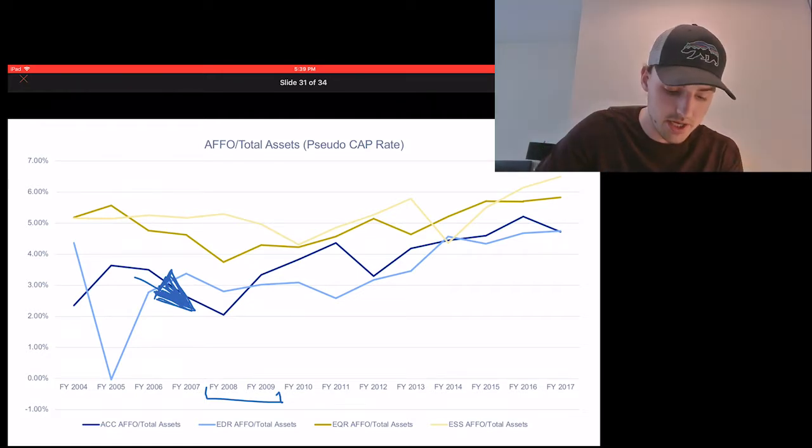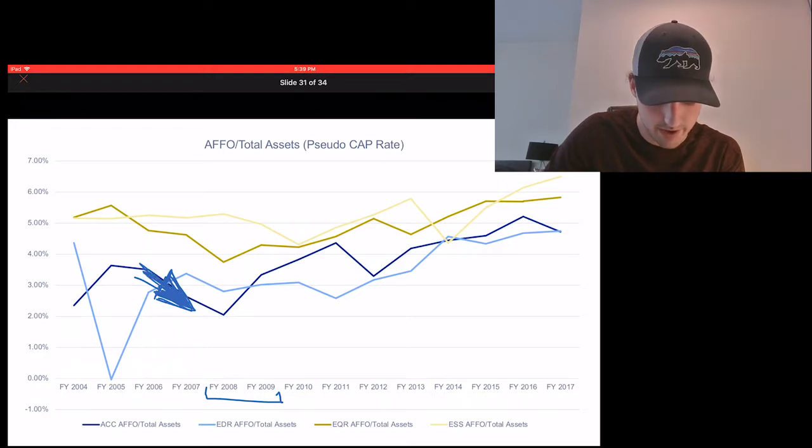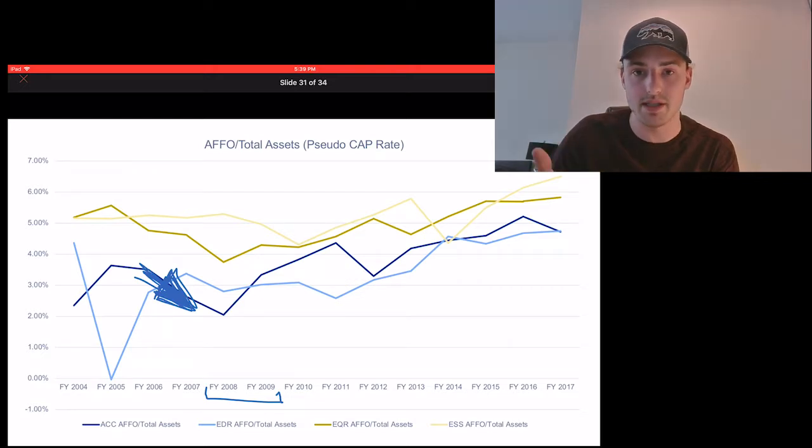And so this period right here, where we have ACC having depressed yield coming into 2008, makes sense as a whole pile of their assets aren't able to keep up with